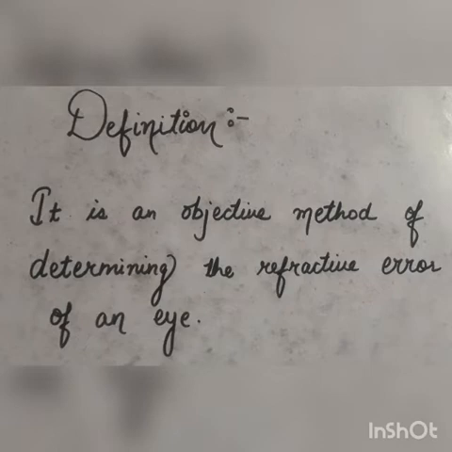Another word we use here, refractive error. Refractive error means somewhere related to ametropia, where the parallel rays of light coming from infinity are not focused on the retina, with accommodation being at rest. So it may be myopia, hyperopia, astigmatism. To rule this out objectively, we use retinoscopy. Retinoscopy is based on the fact that when light is reflected from a mirror into the eye, the direction in which the light will travel across the pupil depends upon the refractive state of the eye.